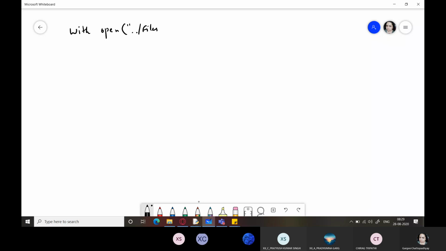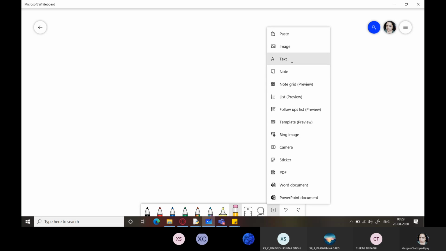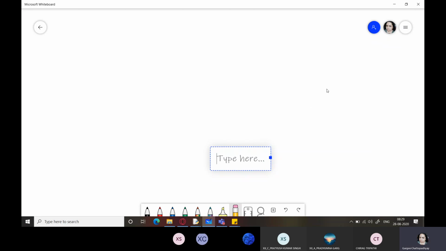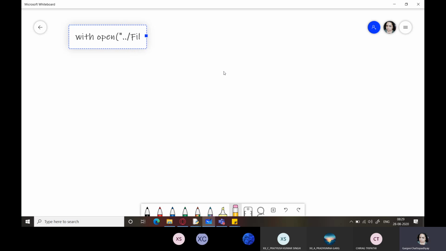It's better I type it because I have a text facility over here, so I can type this. So I'll write here with open files product list dot csv comma read as file.